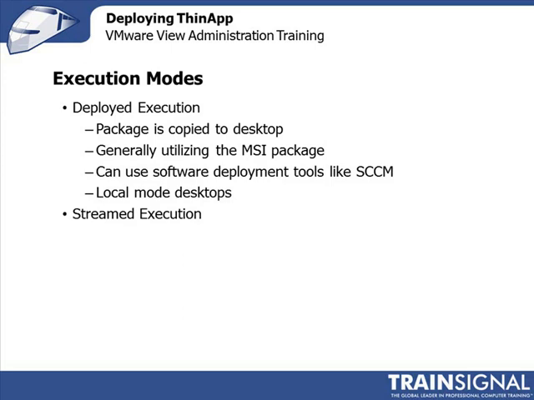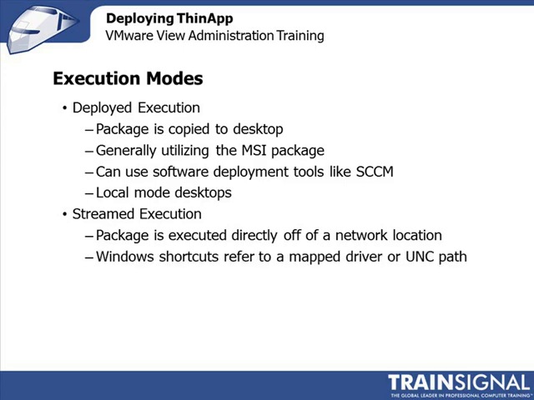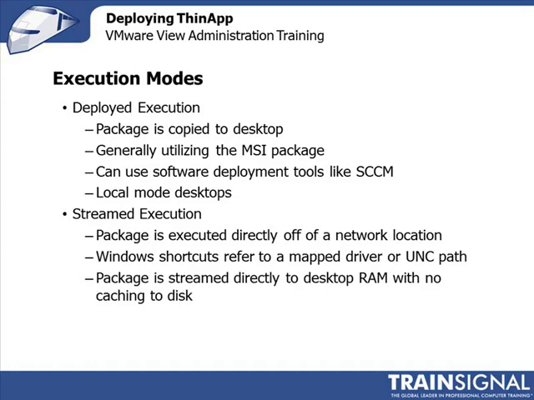The other execution mode option you have is to use a streamed execution. In this case, the package is executed directly from a network location, streamed across the network into the memory of the desktop. The shortcuts that you have within Windows to launch the application refer to a mapped drive or UNC path of the package out on the network. The package is then streamed directly into the RAM of the desktop with no caching to the disk, so no